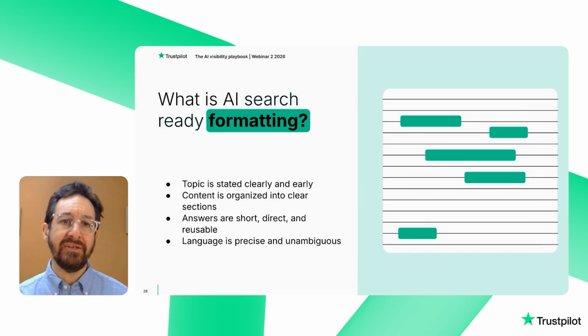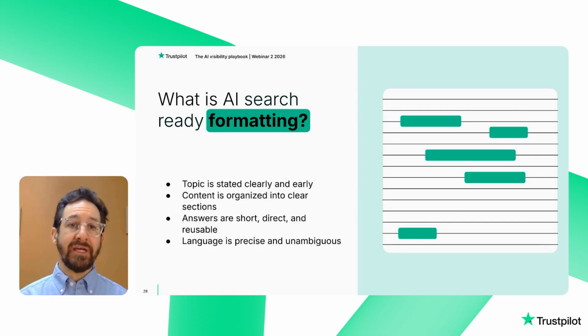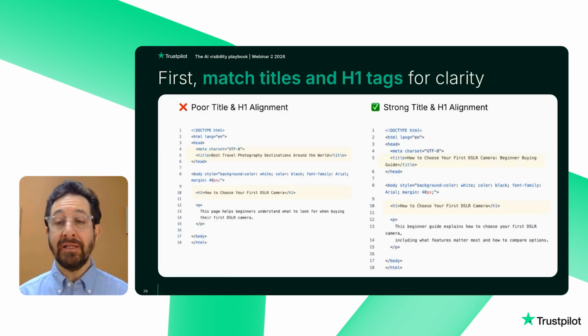How do we actually construct this content, right? And as I mentioned, we're writing for AI, but a lot of the things that we do are similar to what we do for humans, right? We want to make sure that we're creating clear content. We want to make sure it's organized in a way that's easy to follow. We want to make sure things are quick, concise, and easy to understand. And we don't want to be ambiguous, right? So there's really no big secret to it. We want to create good quality content. Now, in terms of formatting that content, the way that we lay out our HTML, there are some